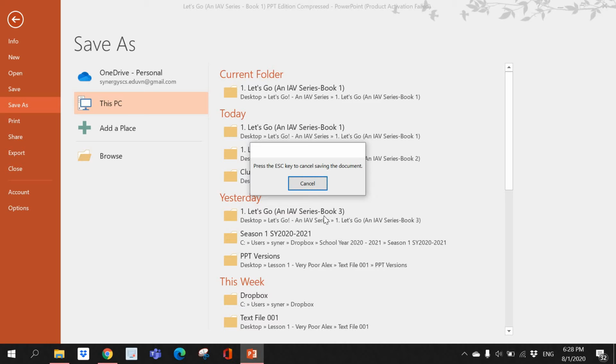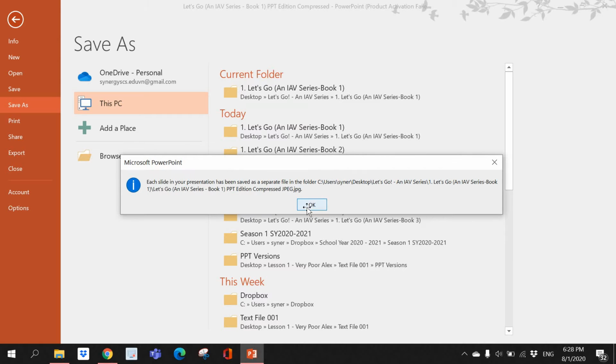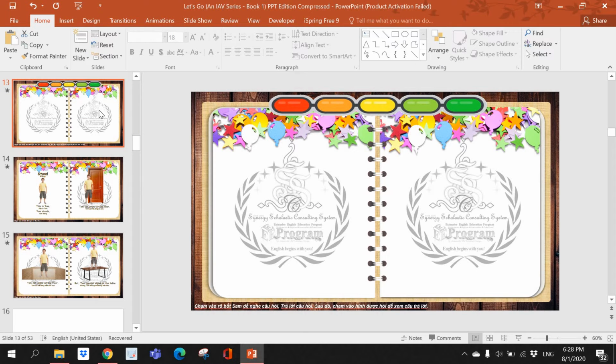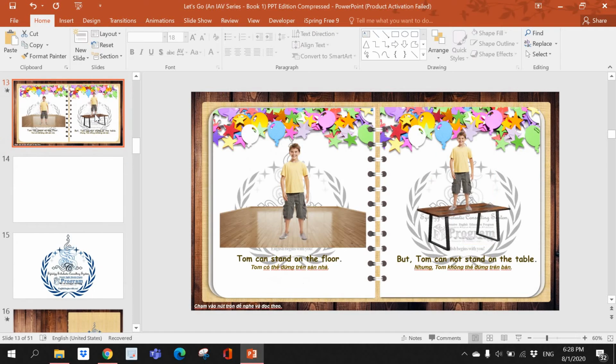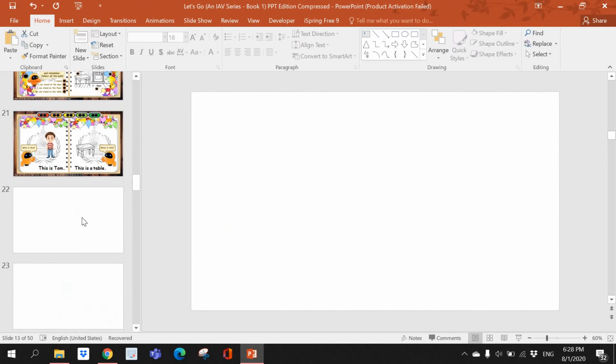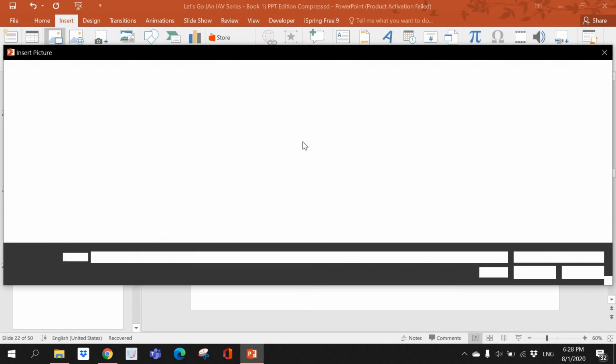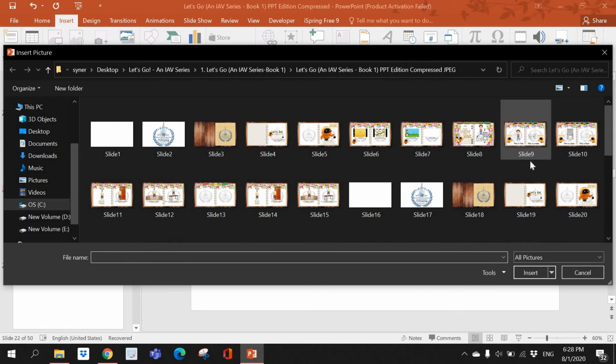Let's wait up. It seems to me that it takes like 30 seconds. Now, time to delete them. We've got the JPEG base for them. Now let's insert pictures, and they have got to be this one. This one's here, slide 13,